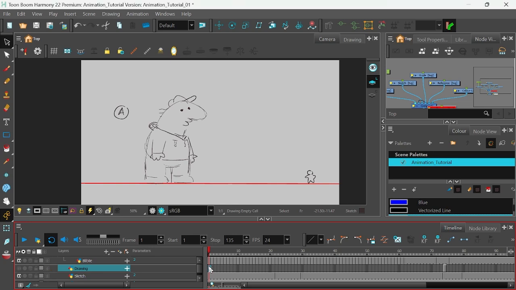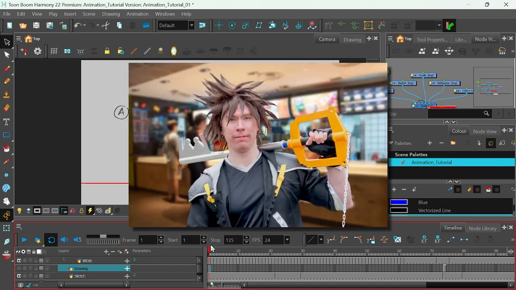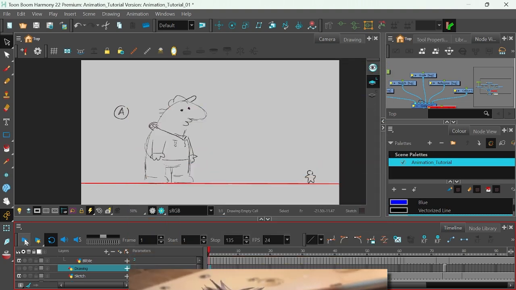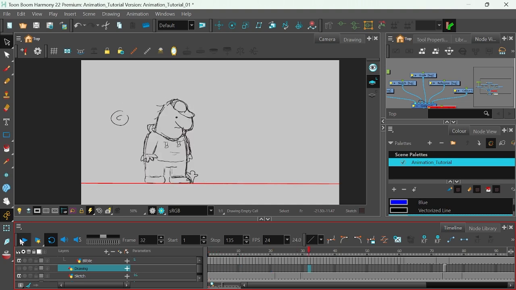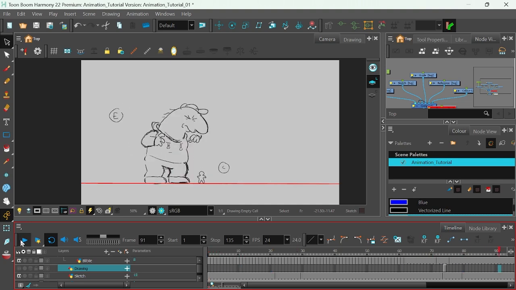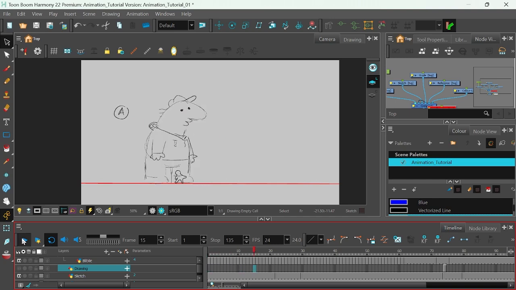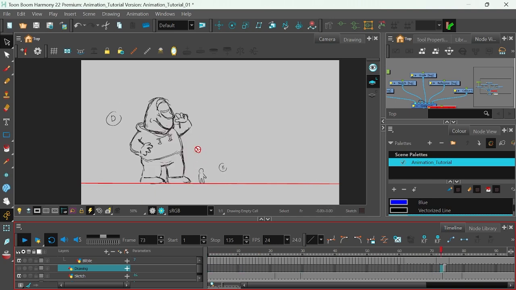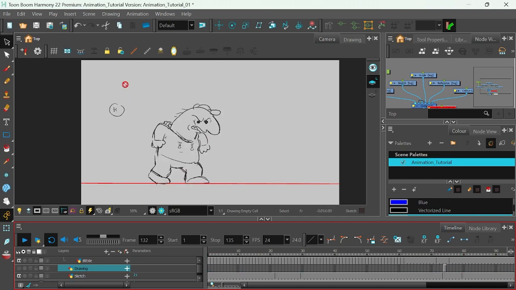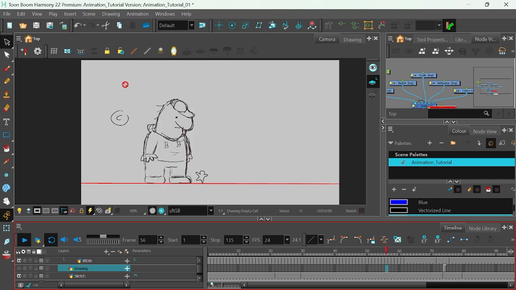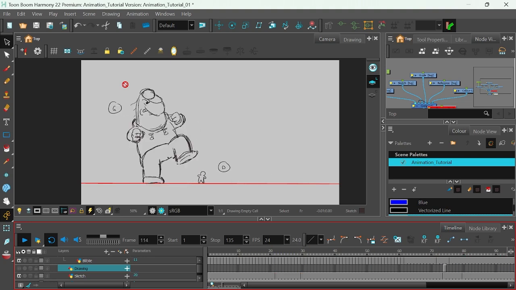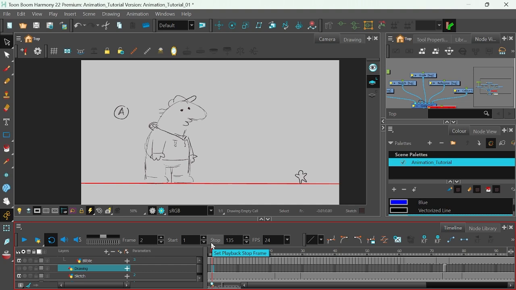Okay, so now we got all the blocking done with all our important poses, also known as key poses. So I'll show you what happens here. Got a little Blibbly run around. He goes, and Charlie goes, fuck you. And the spit's not animated yet. That's for later with all the secondary animation. But this kind of tells the story, right? We got the most important parts down, and now's probably a good time to talk about some more of the epic 12 rules, like